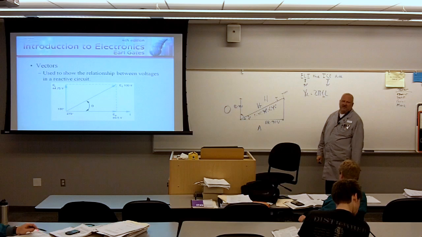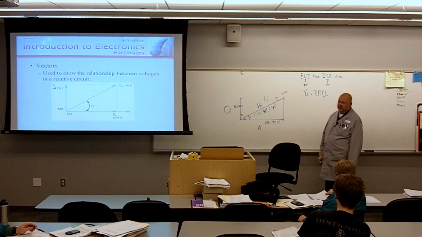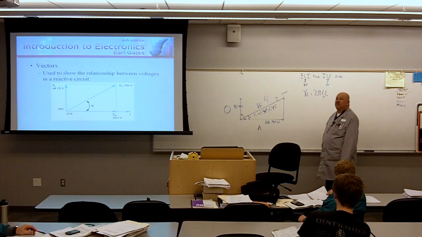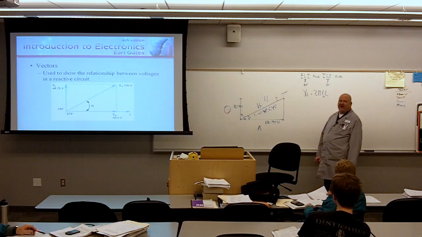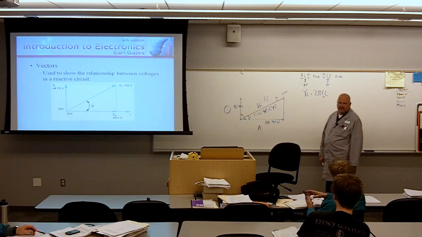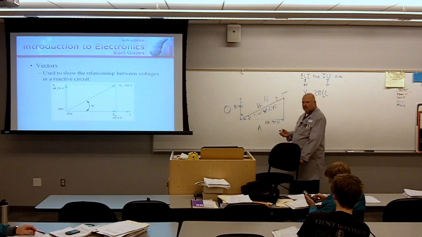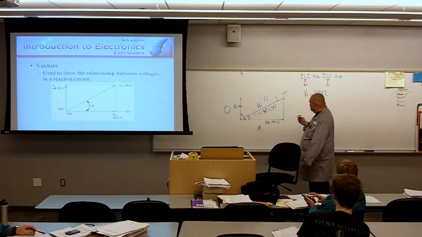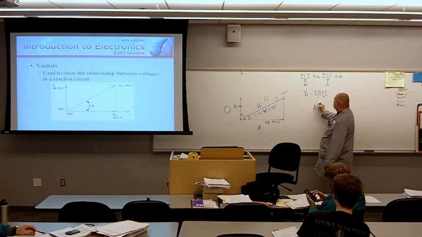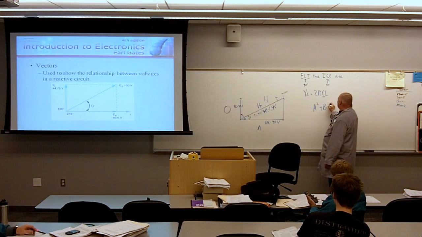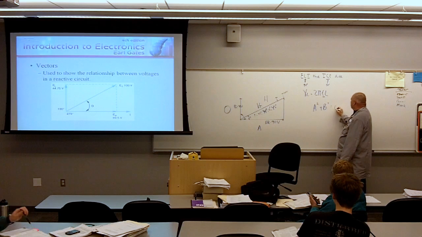Now, I'm not going to have you just guess at this stuff. I'm going to have you use a scientific method, a proven method called the Pythagorean theorem. Does anybody know the original Pythagorean theorem? Like A squared plus B squared equals C squared. A squared plus B squared is equal to